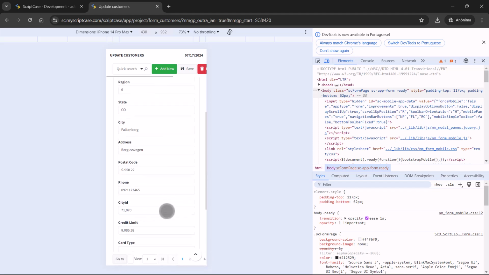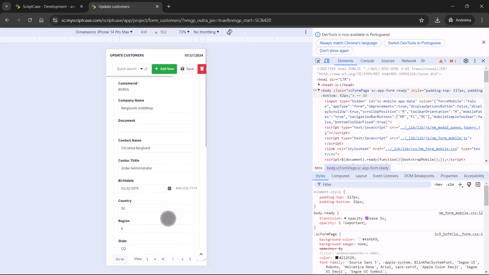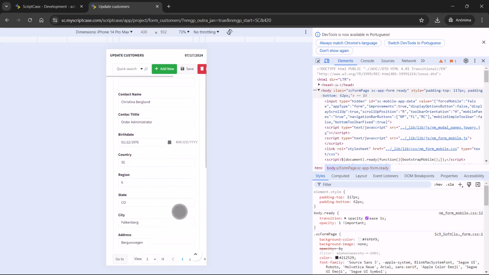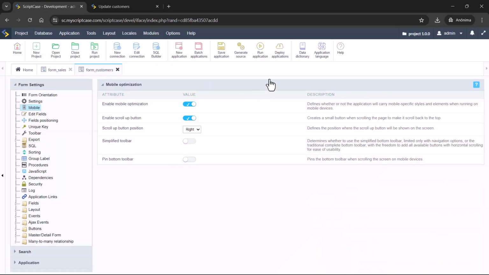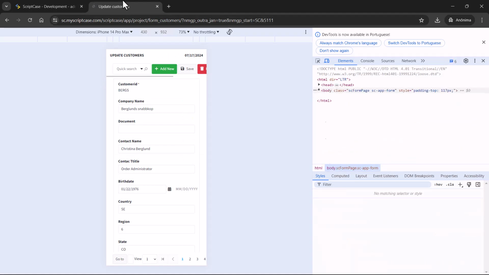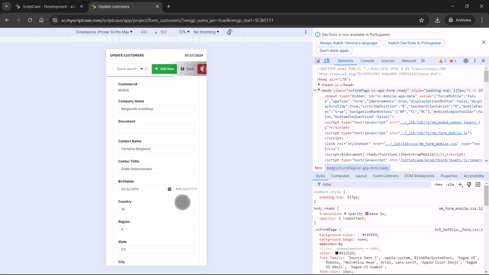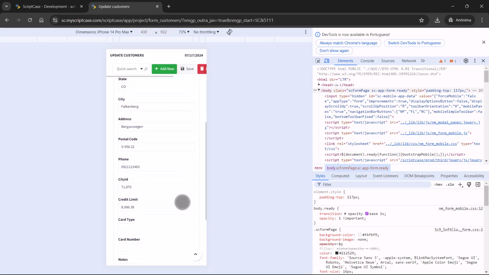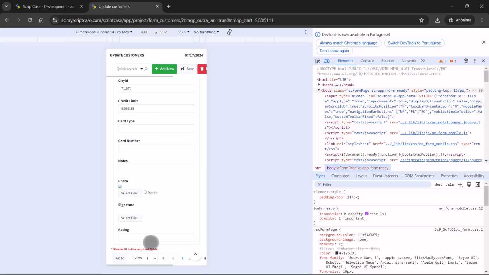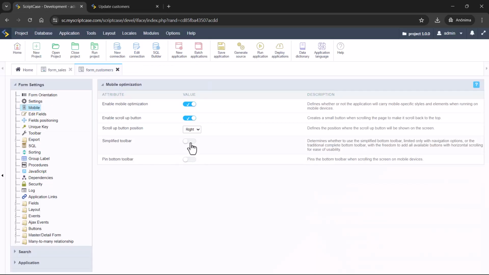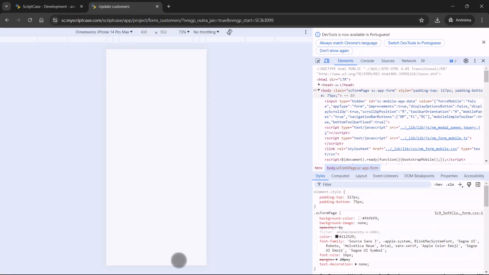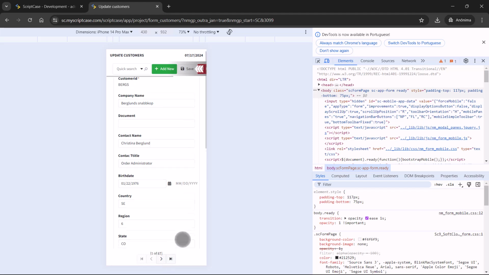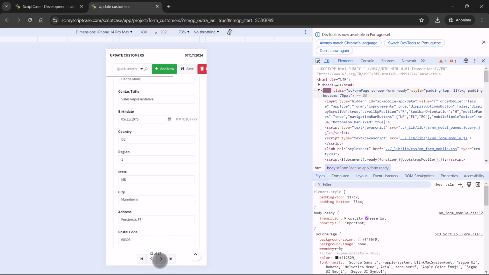Okay, and when you choose to pin or not, it means you have the data from behind the toolbar. If you choose here not to pin this toolbar, it will work in the same way as on the desktop. So you will see the options only when you finish scrolling the information. Okay, so the default option is to use the simplified toolbar and to pin. So you have this behavior: fixed toolbar, pinned in this case, and also only with the navigation.